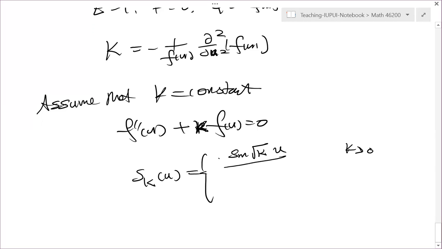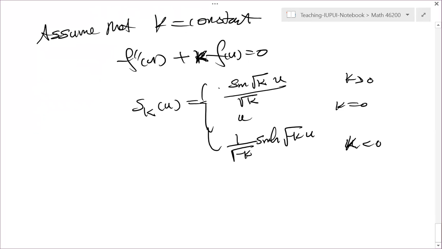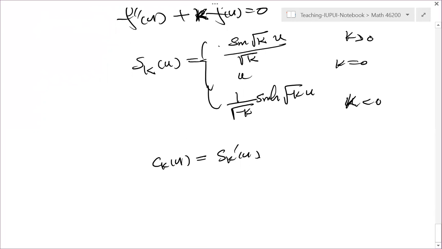I'm going to choose here. When k is 0, I let it be u. When k is negative, it will be the square root of negative k, hyperbolic sine of square root of negative k times u. And for c_k(u), just assume that it's s_k prime of u. The partial derivative is just the derivative. This actually becomes